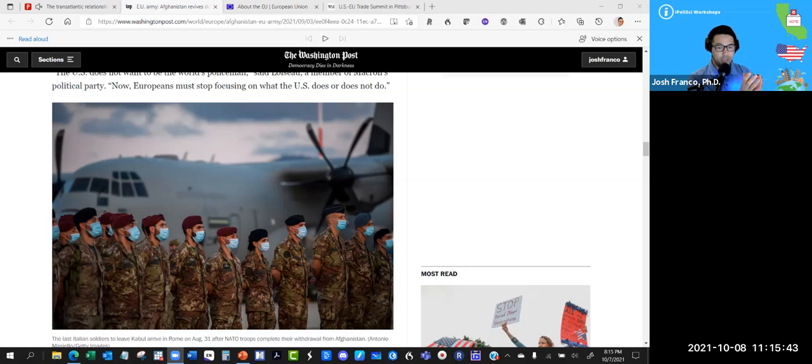A set of countries saying they're going to work together. This was after World War II, right? They had this huge conflict amongst each other, twice with World War I and World War II. And they said, we need to come together. And the way to do that is by bringing together our economies. So they've been doing that now for the past 50 plus years and been very successful at it. And at the same time, you have this emergence of an institution like the European Union, which is basically like a federal government, if you wanted to make some kind of crude comparison between the United States and that region.